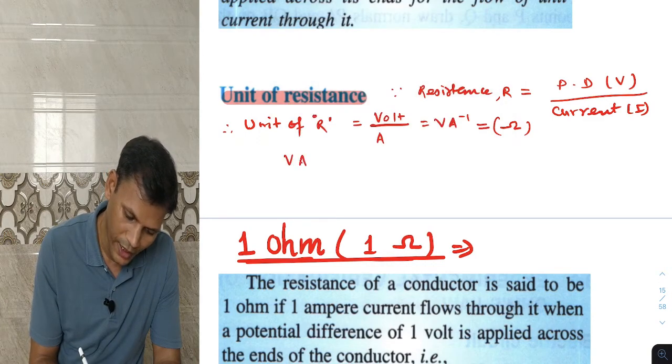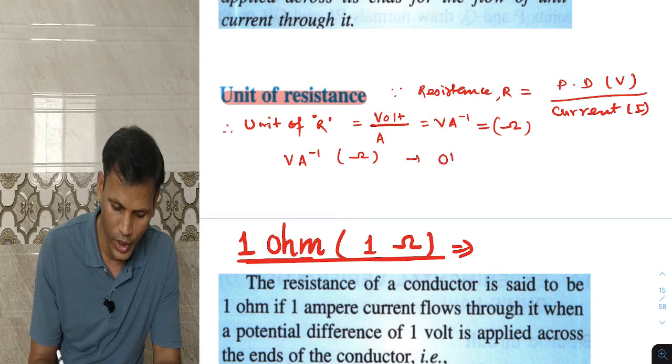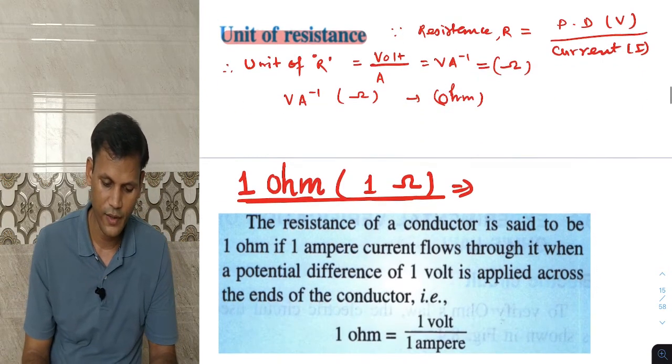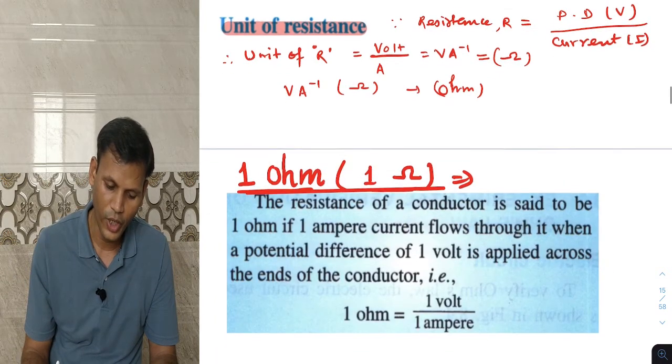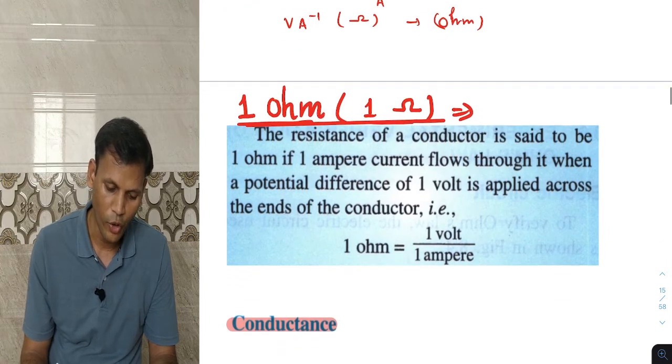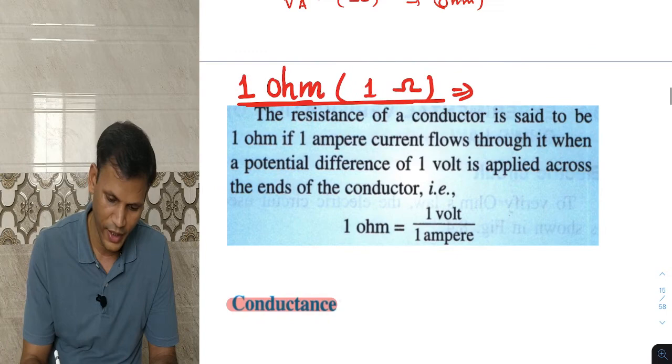Volt per ampere is ohm, and this symbol is Ω. We read this Greek symbol as ohm. Now we can define the term 1 ohm. What will be 1 ohm? As we can see in the formula, we can write